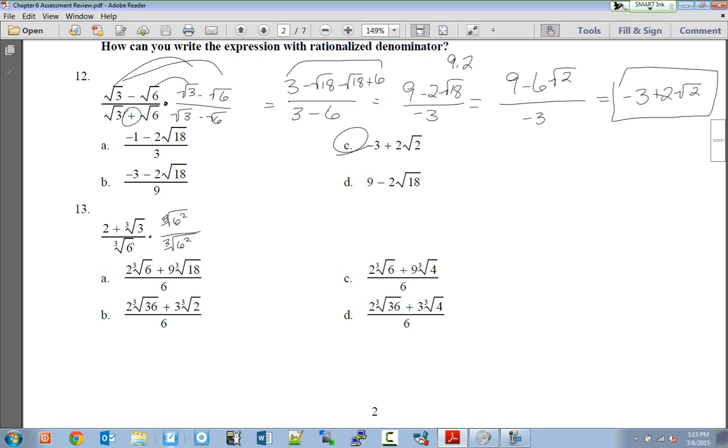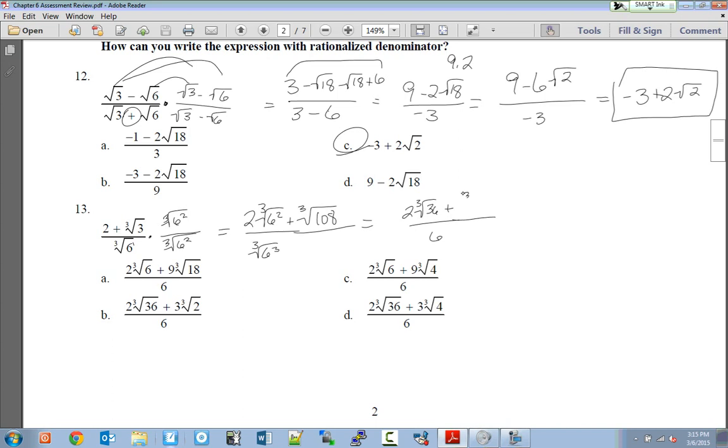And of course, what you multiply by the bottom, you have to multiply by the top. So this comes out to the cubed root of 6 cubed, and this comes out to 2 times the cubed root of 6 squared plus the cubed root of, let's see, that's 36. And then 36 times 3 is 108. Alright. So therefore, on the bottom we have 6. This has to stay 2 times the cubed root of 36 because there's no cubed root into 36. And then the 108